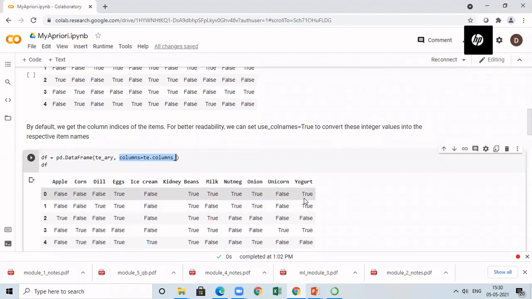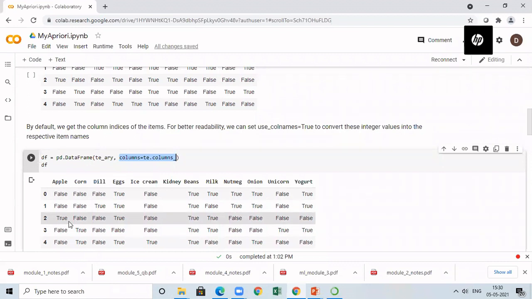Whenever there is true, it means that item is present. If you check wherever you have true, you will get the letters MONKEY. Similarly for all the transactions, it is printed. This is called one-hot encoding. So in one-hot encoding, you will be creating a number of columns equal to the number of unique items. And if a particular item is present, we are going to write that as true.